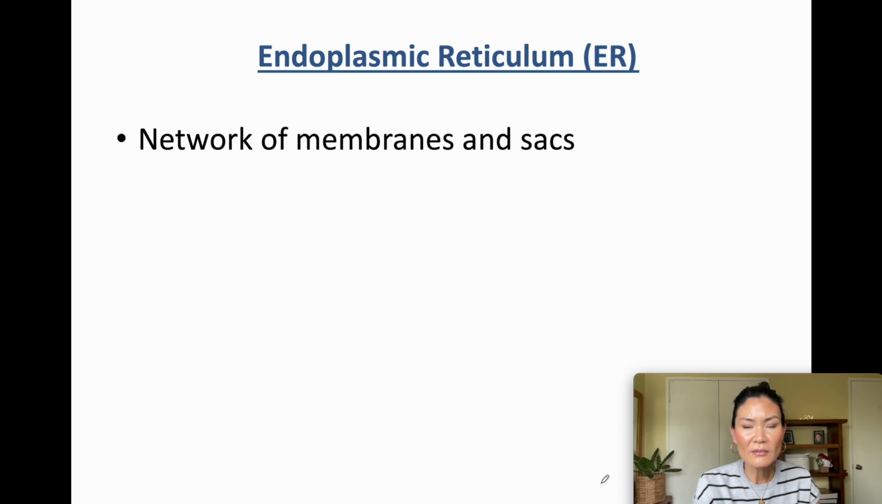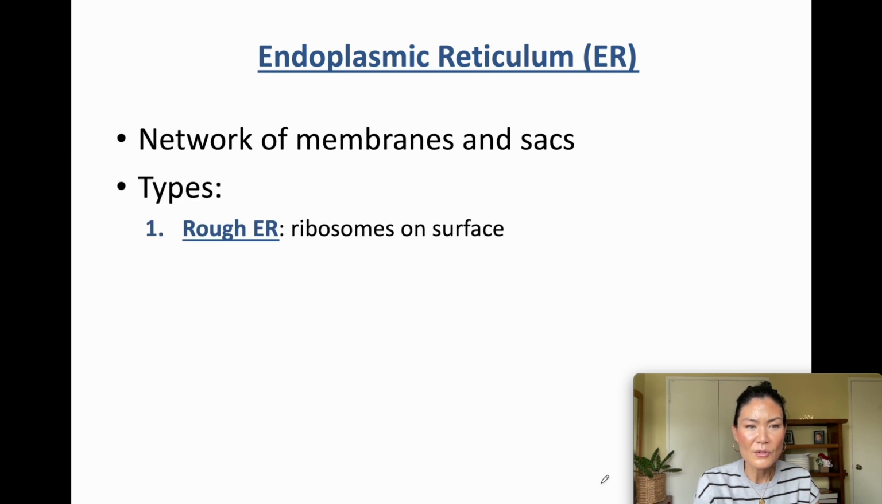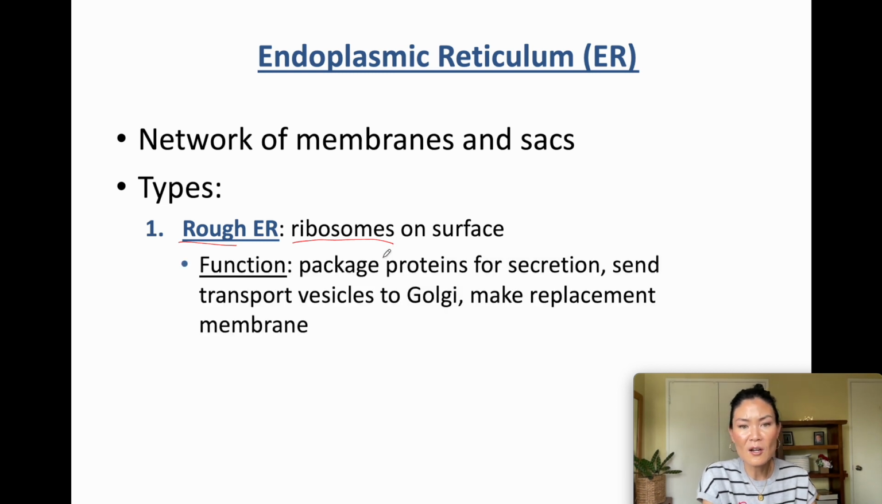So the ER, or endoplasmic reticulum, what is it? It's basically a network of membranes and sacs. There are two types of ER. You've got the rough ER, and it's called rough because it literally has a rough appearance due to the ribosomes attached to it. Its job is to